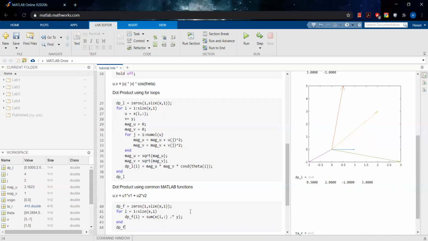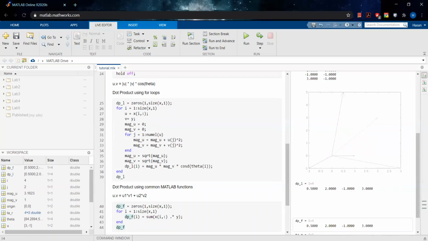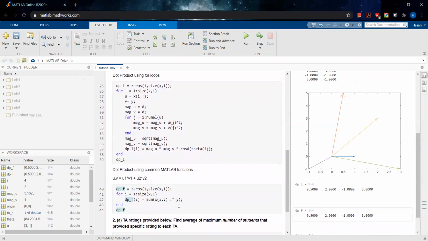Let me also print dpf now. So other than writing all this code, also being cautious that we don't make an error in between, maybe we actually choose a wrong index and things like that and end up with a buggy code. This is so simple that it's actually difficult to make a mistake here. And I should also stress that